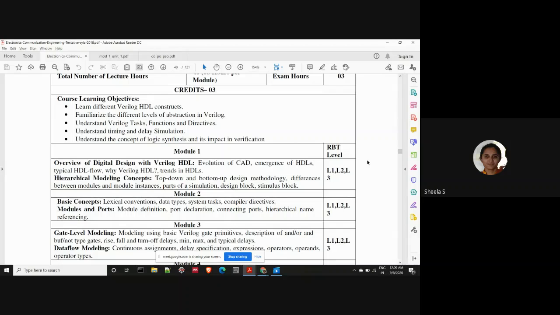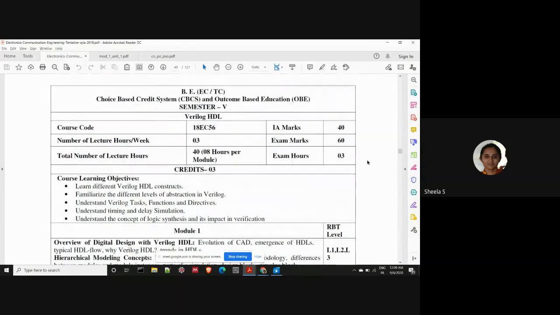So basically, first we need to understand why this design or this programming language is required. The first thing is, whenever we are going to consider any hardware circuit, if we rig up any circuit, then we have to check the functionality. So we have to find whether the circuit is working according to the requirement or not. Suppose it is not according to the requirement, or if there is any error in the circuit, debugging will